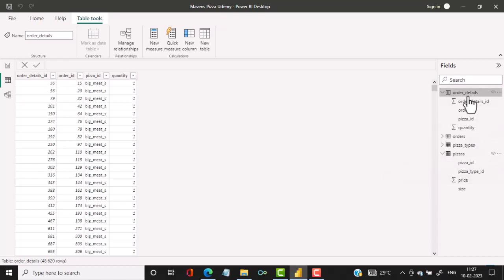So there is a link between the order details table and the pizzas table based on the common field, which is the pizza ID. So basis this, you can pick up the price from the pizzas table and bring it here into the order details table. So what we'll do, we'll create one new column over here in the order details table,